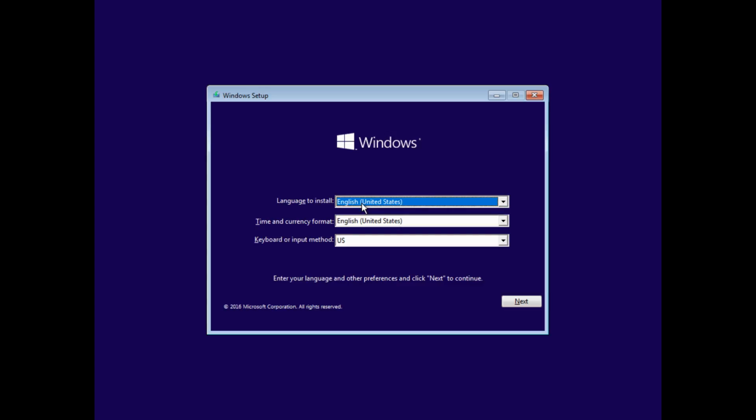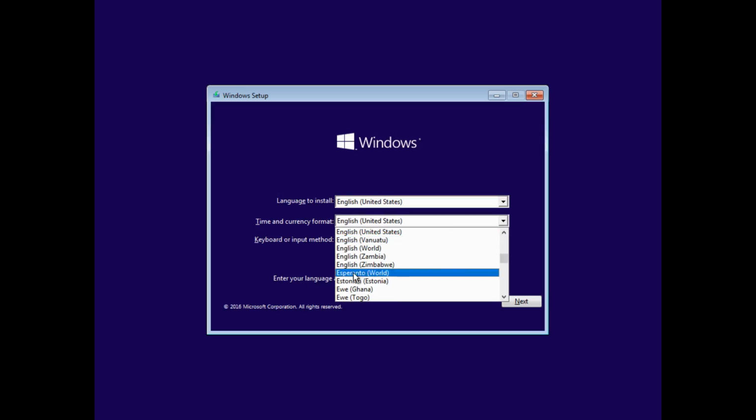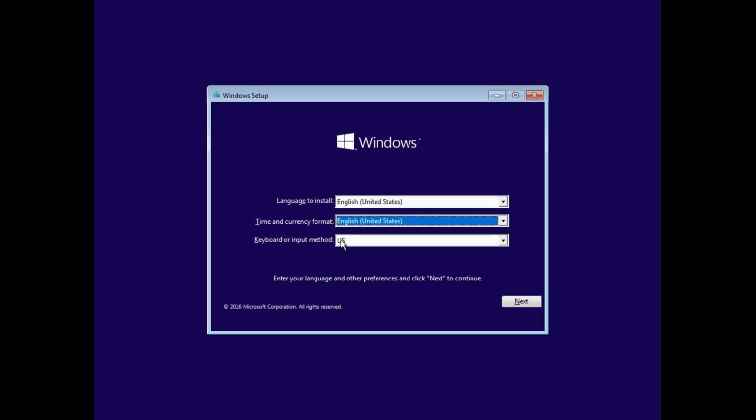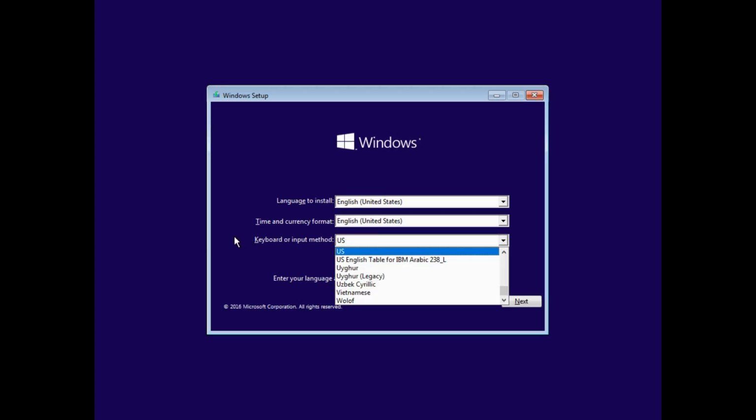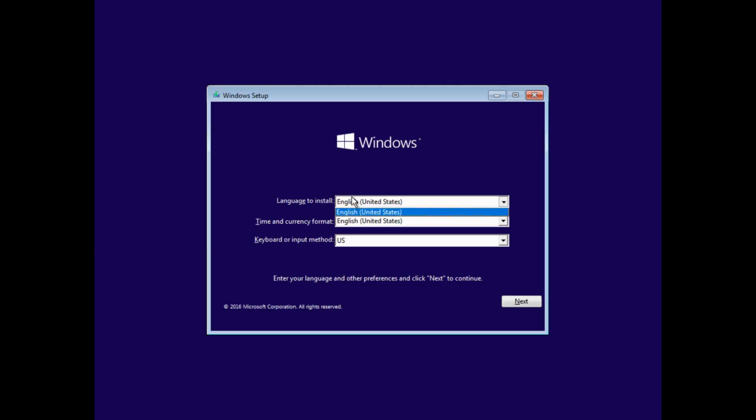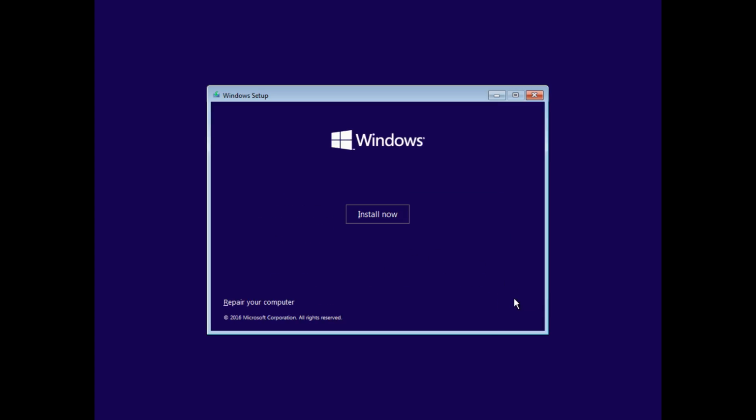If you were to select Spanish for Mexico or Italian or German, you would only select that language here. You can change the time and currency format to anywhere in the world, and the keyboard method anywhere in the world as well, but the language to install remains whatever you chose when downloading the ISO file. So we're going to go ahead and click next once you select all your options, and we're going to click